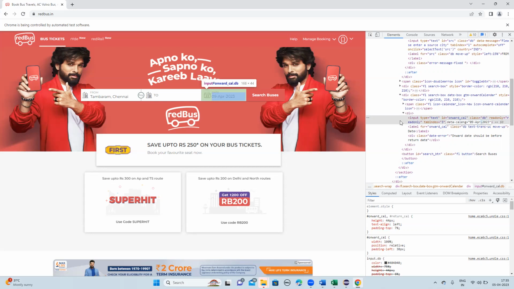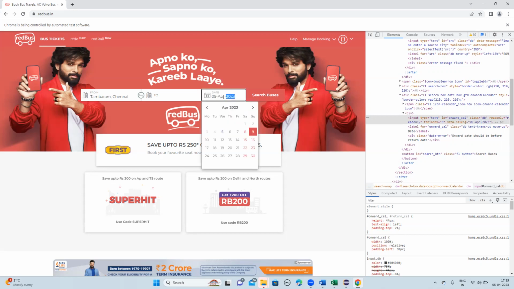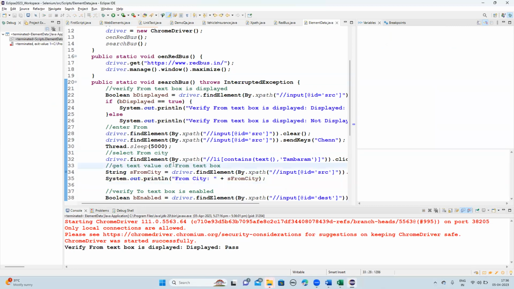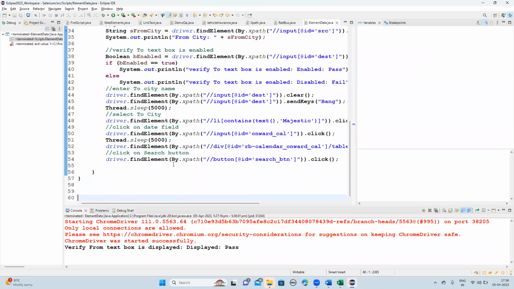See, now if you want to get the value from this text box, if I use getText, it may not return this value, guys. If I use getText here, it may not return the same value. Let us try here, guys. I will try the getText method with this date field. Let us see that. Now this getText is empty. That is fine. Now come to the date field. Yeah, this is the date field where you are